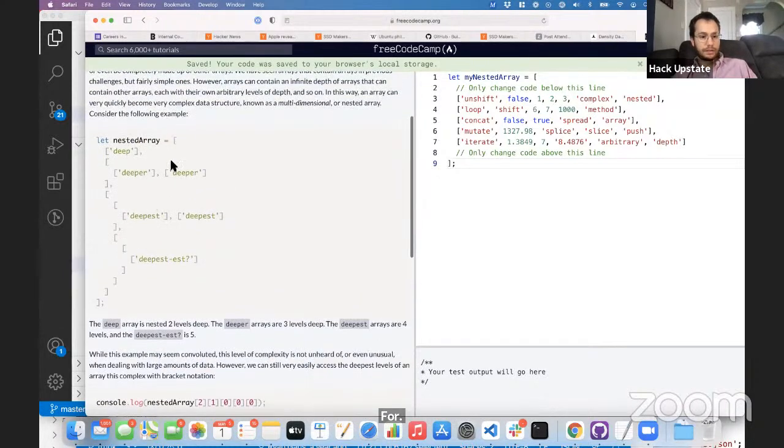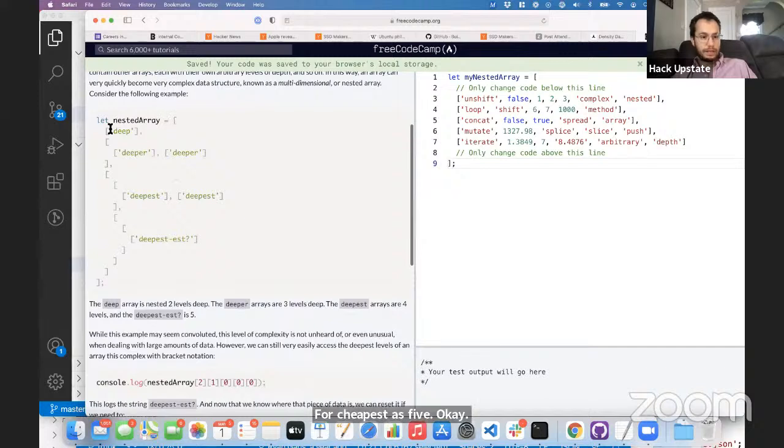Okay. The deep array is nested 2 levels deep. So 1 and 2, right? This is still 2 because there's a comma. This is a sibling of this. And they're doing this with the indentation. They're making it a little easier to see with the indentation. So there's 1, there's 2. This closes it. This is still 2, 3,